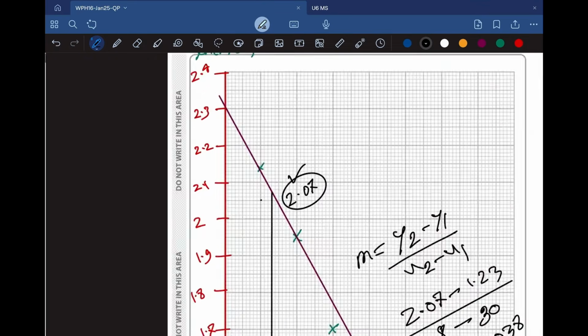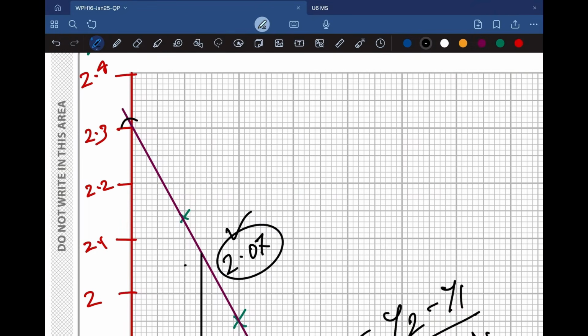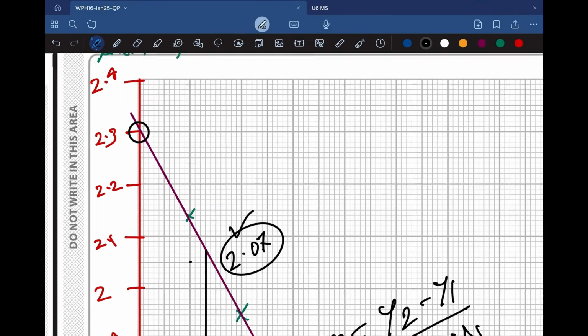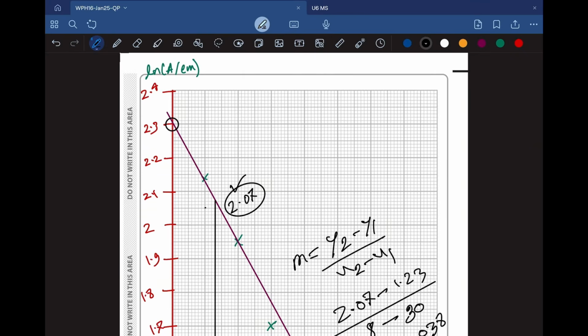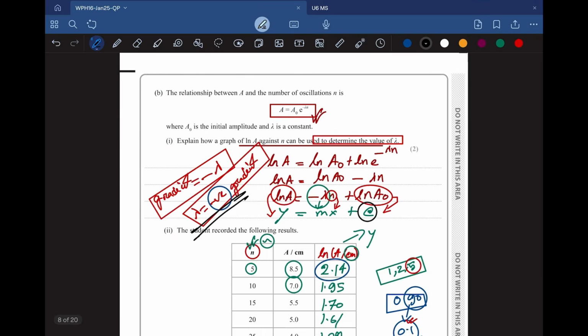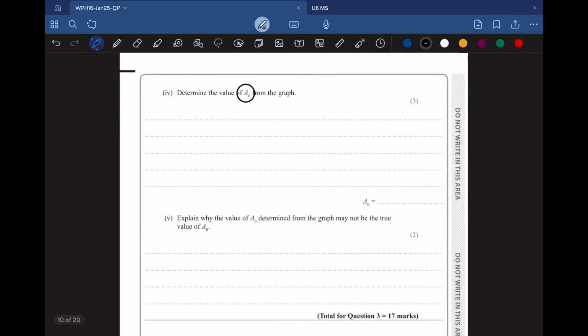So after extending, we can see our y-intercept is at 2.3, right? Now our y-intercept was ln a naught, but the question said to figure out the a naught. So we'll write ln a naught is equal to the y-intercept, which is equal to